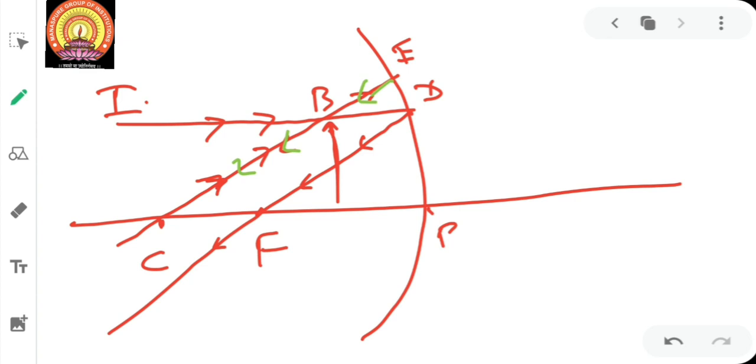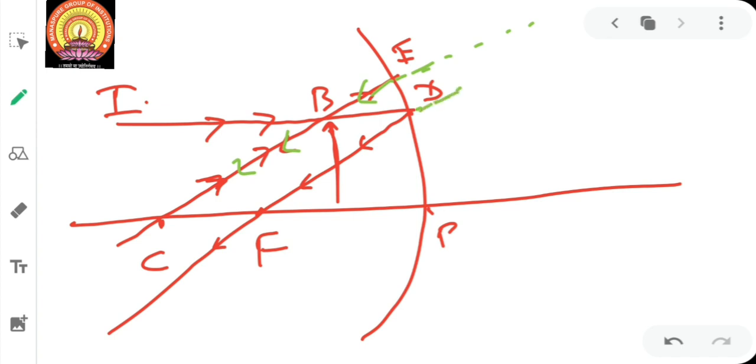Now suppose these rays are the rays which are falling over there and they get reflected. As we all know, the reflected rays are diverging. What are these reflected rays? These reflected rays are diverging. So for diverging rays falling on the mirror over here, where are they diverging from? Behind the mirror somewhere. There is some point behind the mirror. So let us trace their paths.